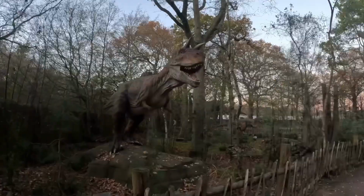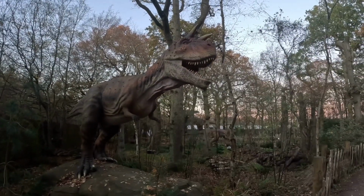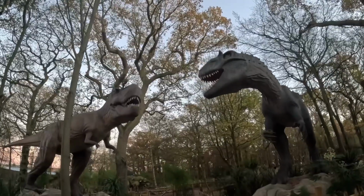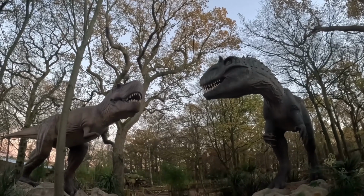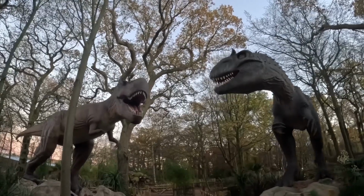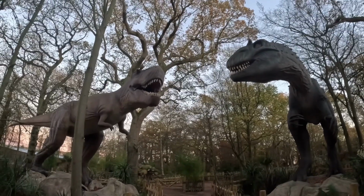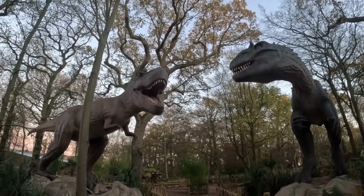This one didn't move or make any noises. I don't know whether we just didn't quite trip the sensor of it, but again, you can see the detail that they've gone into this. Then we've got the kind of classic Jurassic Park, Jurassic World scene where there's the two apex predators going head to head. Again, really cool photo op here. Yeah, just a really cool little area of this zoo. It's not to be